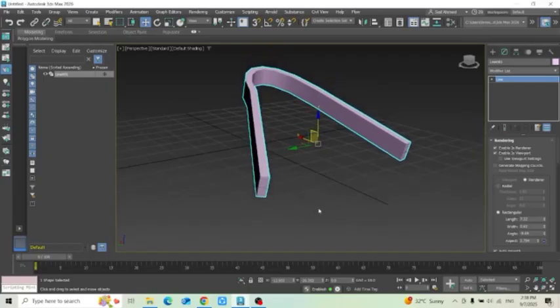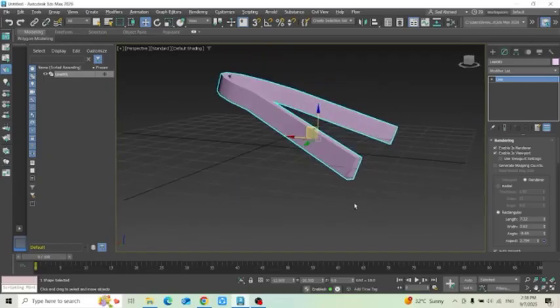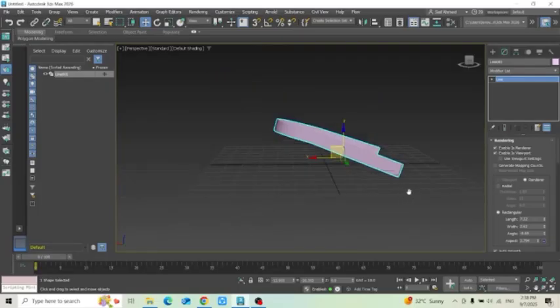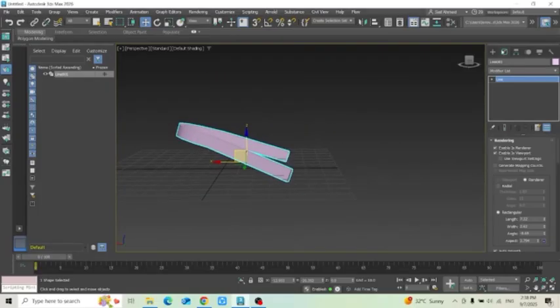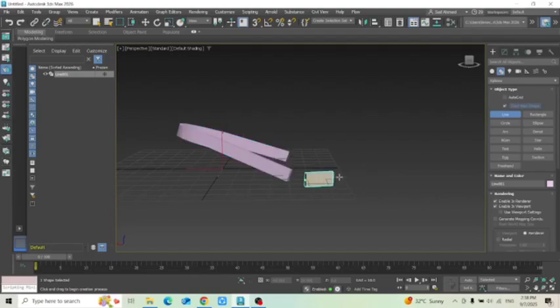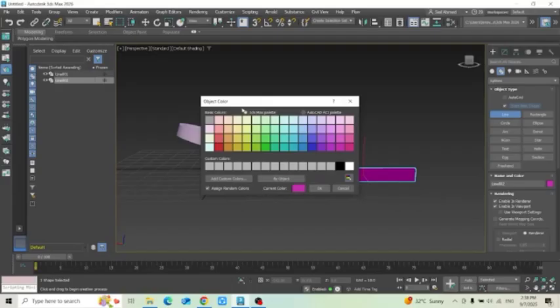Now I'm going to rotate a little bit, then I'm going to draw another line from the add, then choosing splines, then choose line, then I'm going to add a new line in here, then click on right. I'm going to click on one side, then the other, and right click to just stop drawing, and I'm going to choose the color